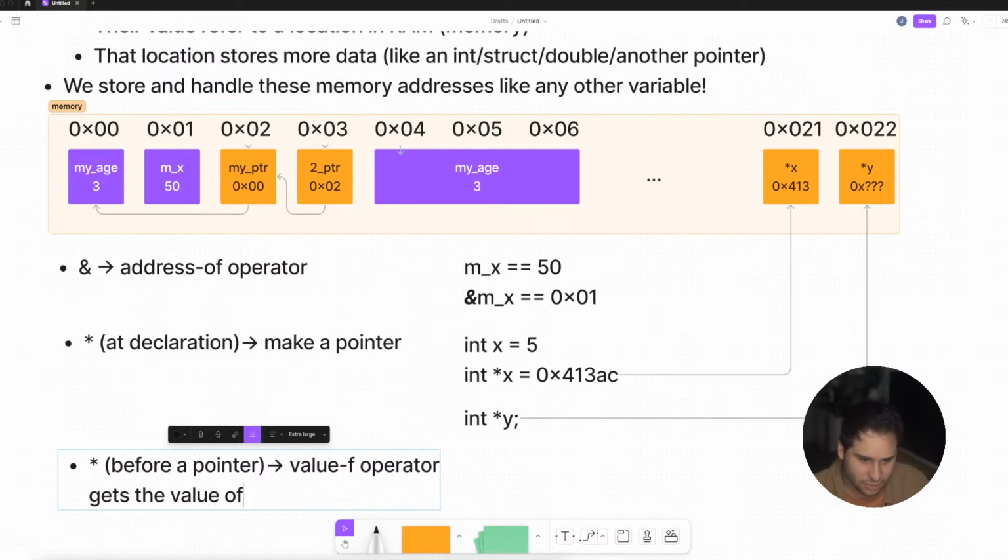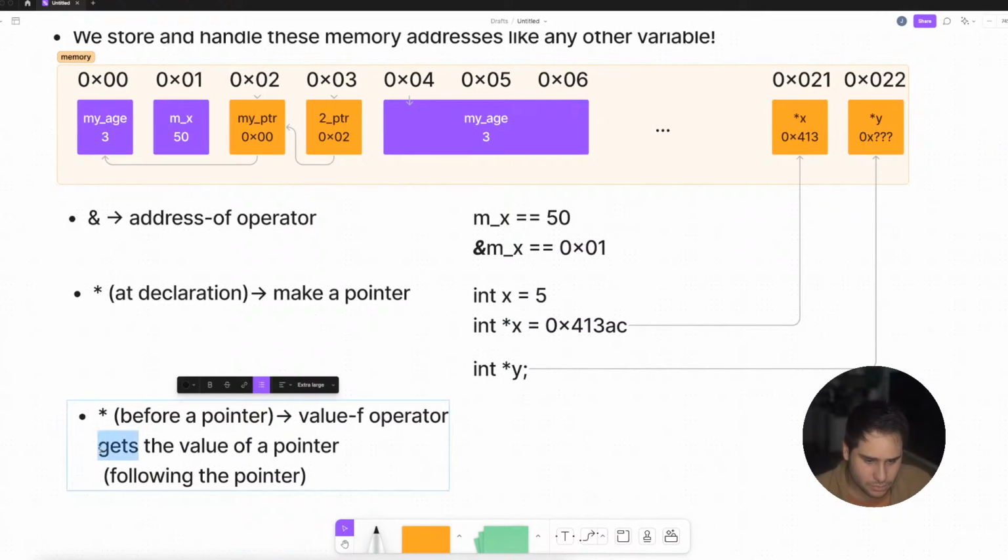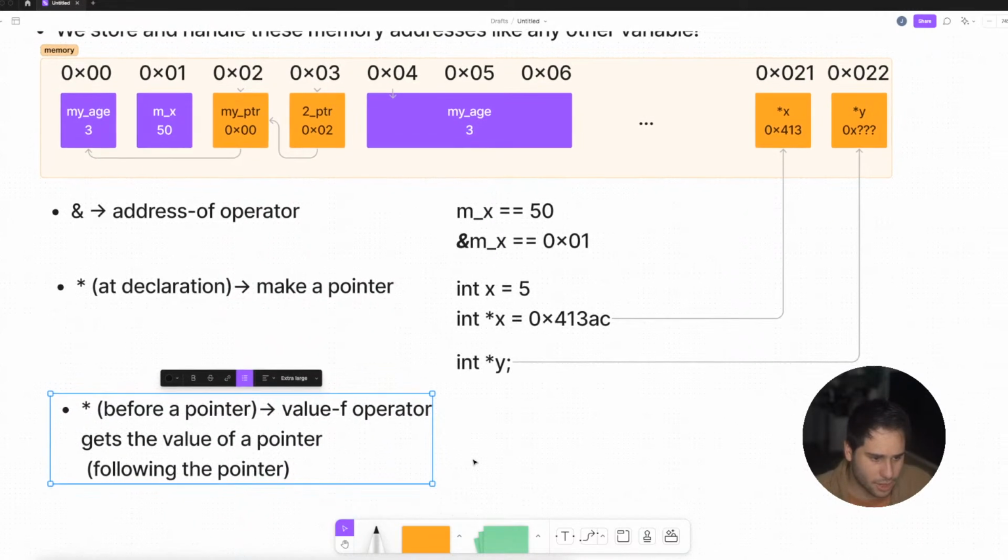It gets the value of a pointer. So think of it as following the pointer. Okay, so that means